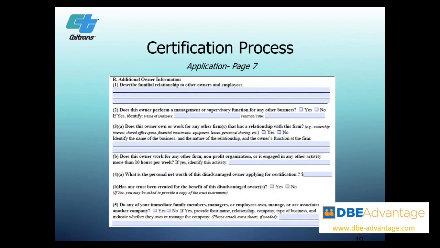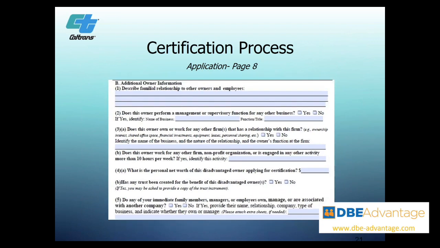So now we're going to be looking at additional ownership information, any kind of family relationships with other owners. And again, this is primarily meant to establish whether you're relying upon a spouse or a father or parent or sibling, really for you to operate the business. So it's important that when you look at this that you're sure that you in fact have the eligibility and the qualifications to run your business. And we're now moving on to additional ownership information.